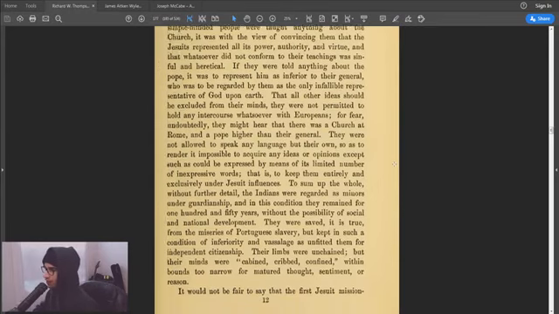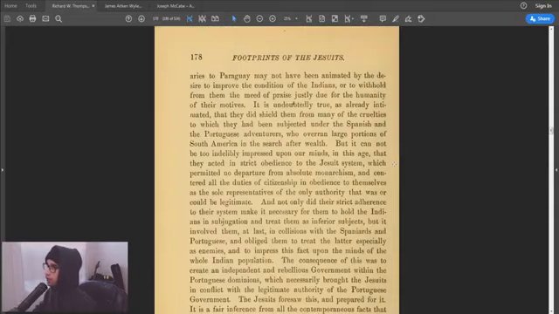It would not be fair to say that the Jesuit missionaries to Paraguay may not have been animated by the desire to improve the condition of the Indians or to withhold from them the meed of praise justly due for the humanity of their motives. It is undoubtedly true, as already intimated, that they did shield them from many of the cruelties to which they had been subjected under the Spanish and Portuguese adventurers. Now, who taught the Spanish and Portuguese